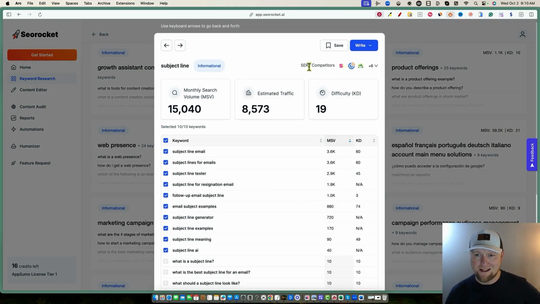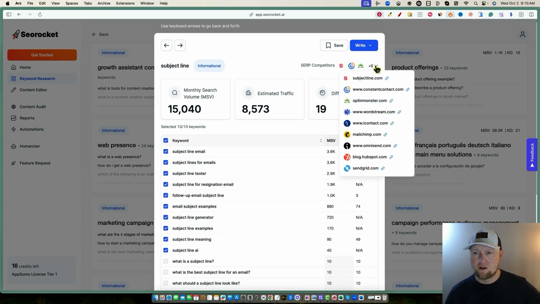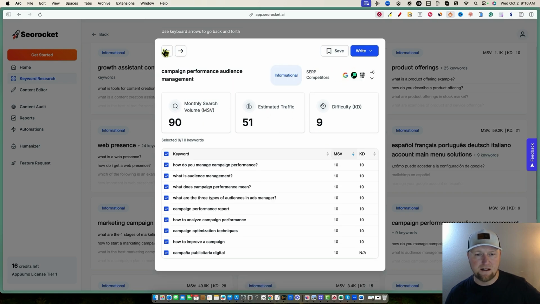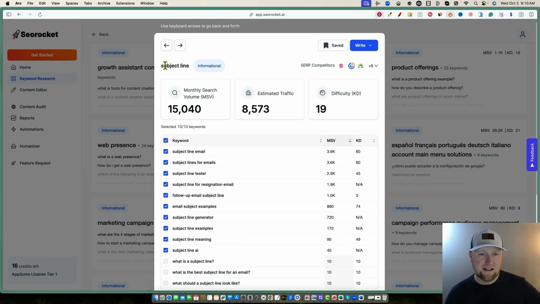It's going to open this chart right over here. We have our search competitors right over here. That's great. You have this one. We can save. I'll just go ahead and push the save button there. We can zoom through these and click the arrows right here. I like that. So we can stay in the same view and look at different keyword difficulty levels as well. Campaign performance, audience management. So the way I'm looking at this is a subject line,